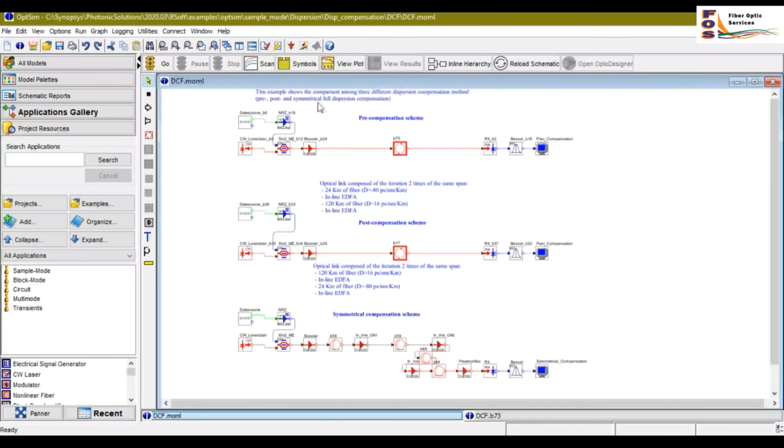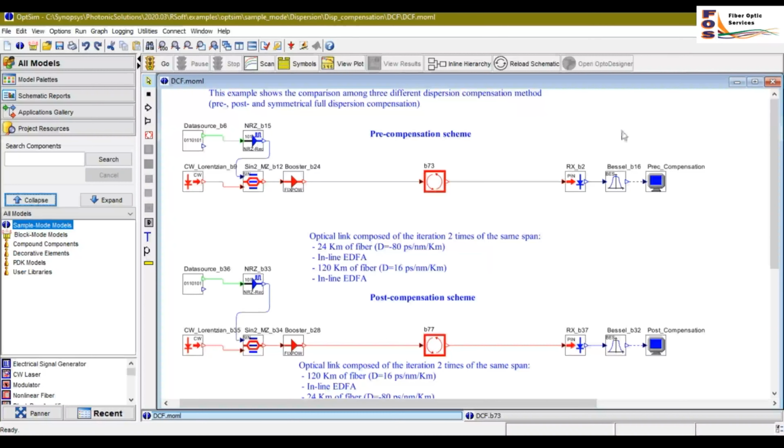The first section of the design shows a pre-compensation scheme, the second a post-compensation, and the third a symmetrical compensation scheme. We will analyze each of the schemes separately, then run a simulation and compare the results of each of these different schemes.